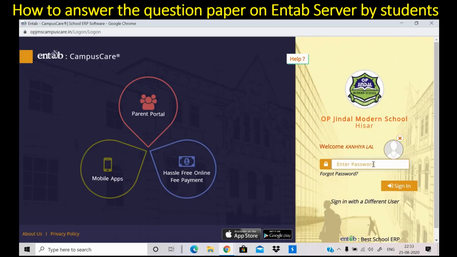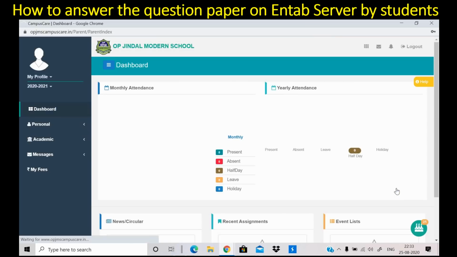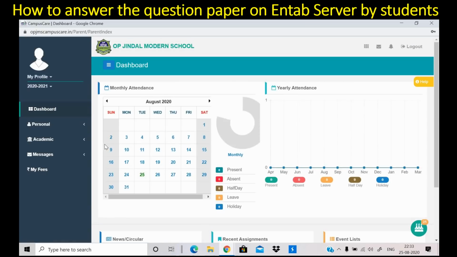I'm entering the password also for this student. Sign in. Once you sign in, you will see your question paper in this option.